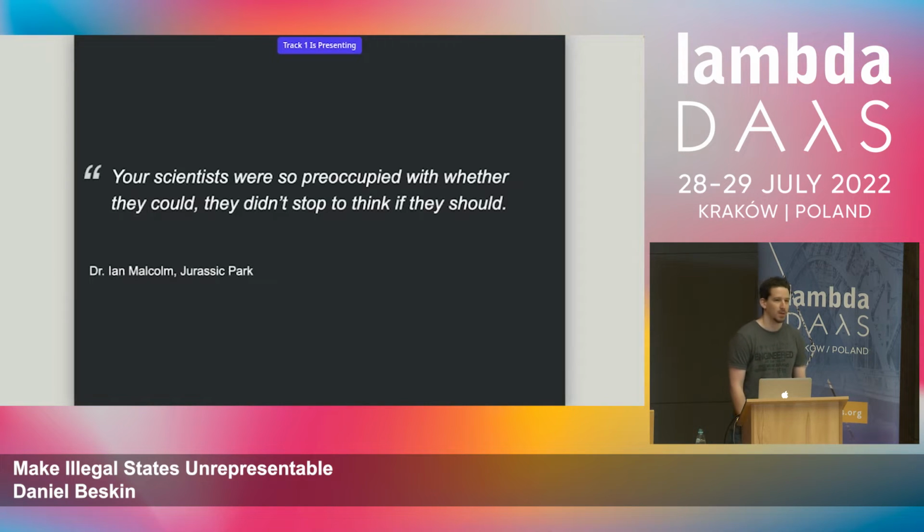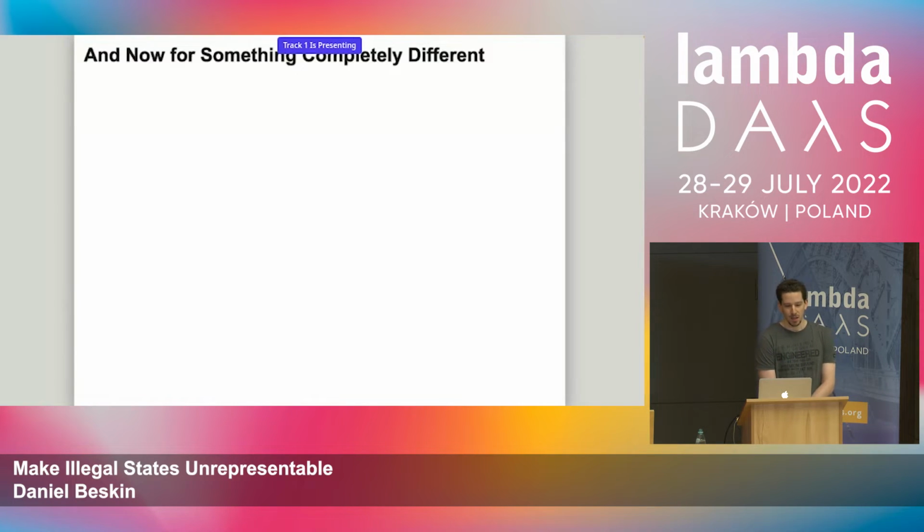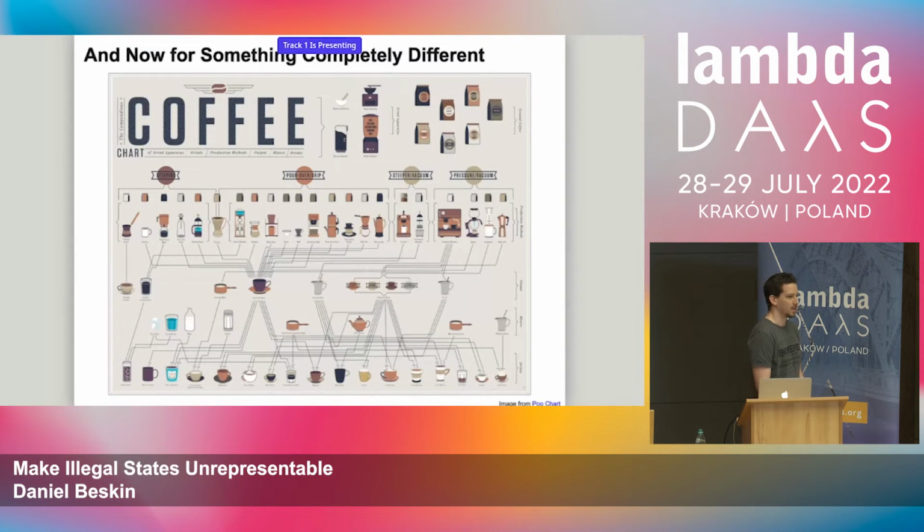Okay, so now that we know what illegal states are, a slight digression into something else. I'm not sure why this is so, but empirical evidence shows that people really like coffee. I myself don't drink coffee, so I can't really relate. But apparently making coffee is very complicated. And here's a diagram that obviously has lots of different states, and I'm sure some of them are illegal. And since I don't know much about coffee, I thought maybe it would be a good idea to use it as an example domain for this talk that we can explore and try to make more legible for our purposes.